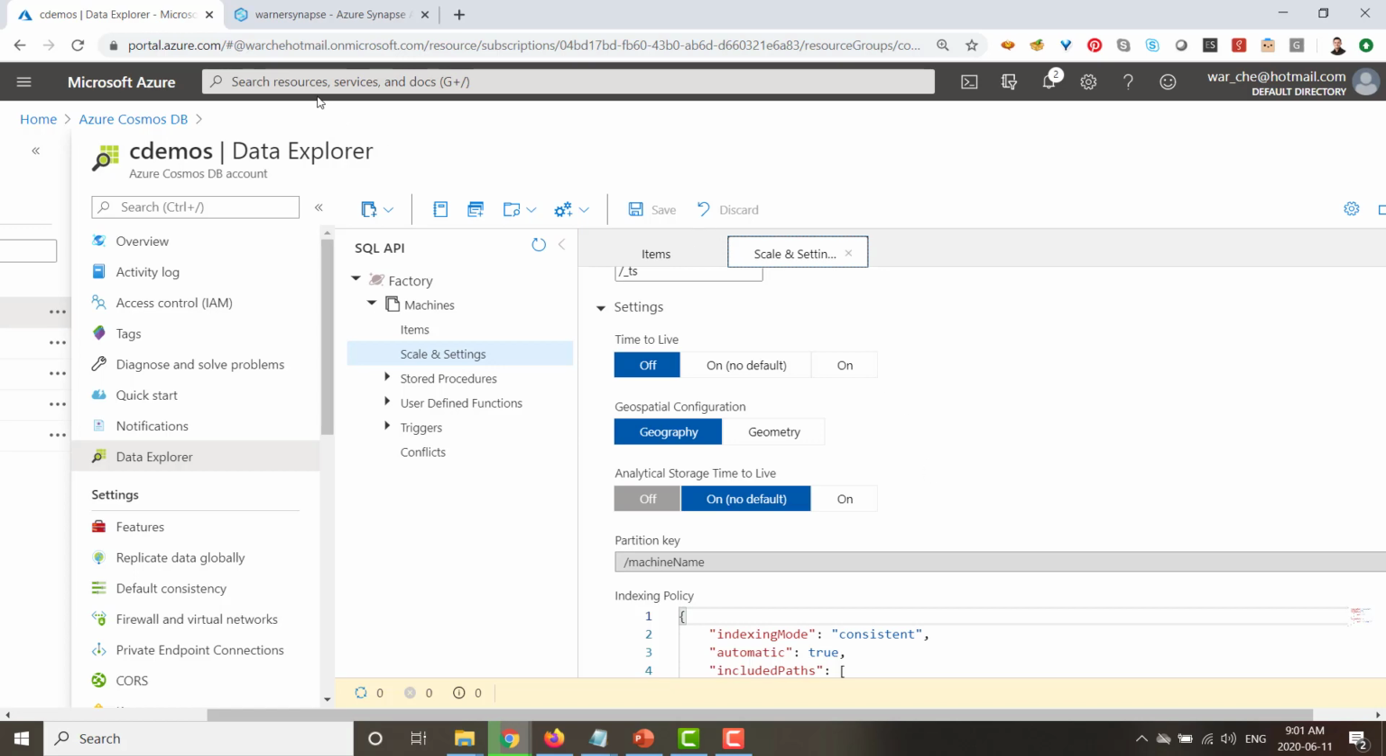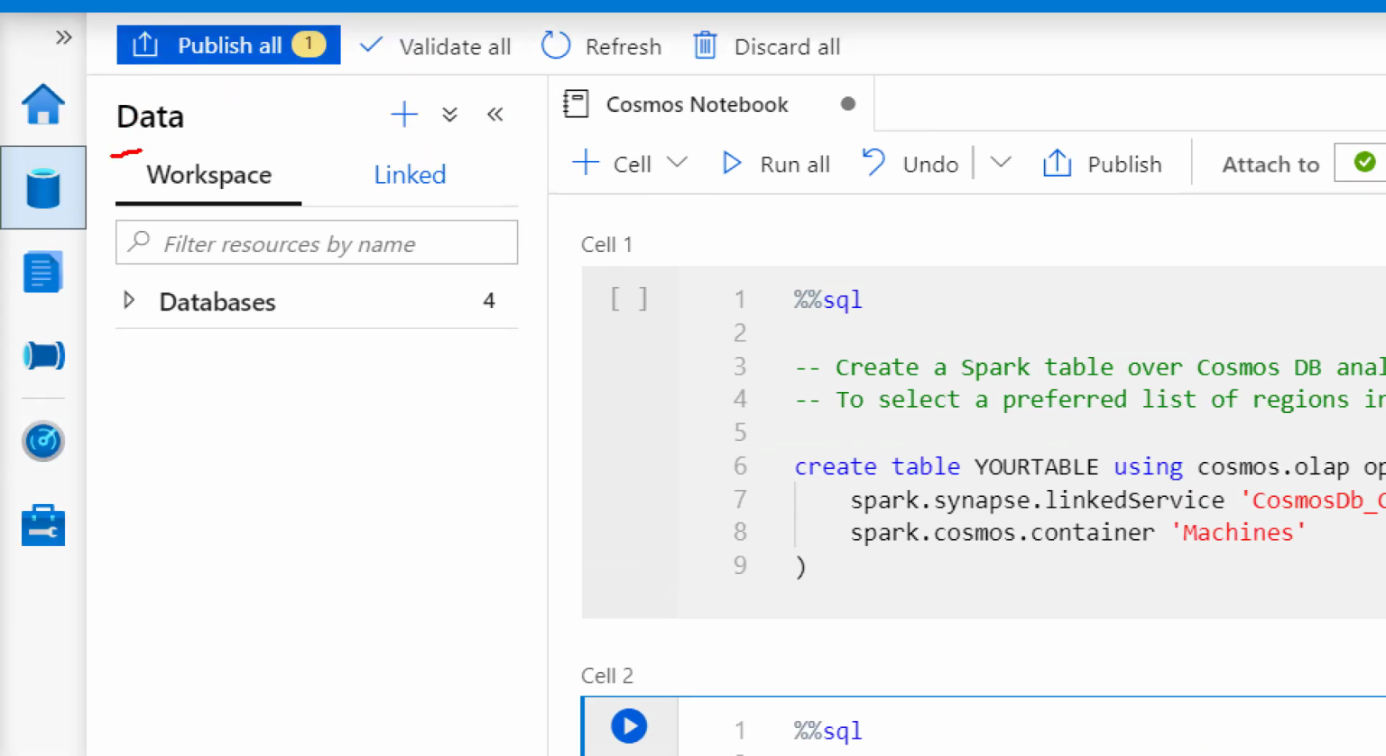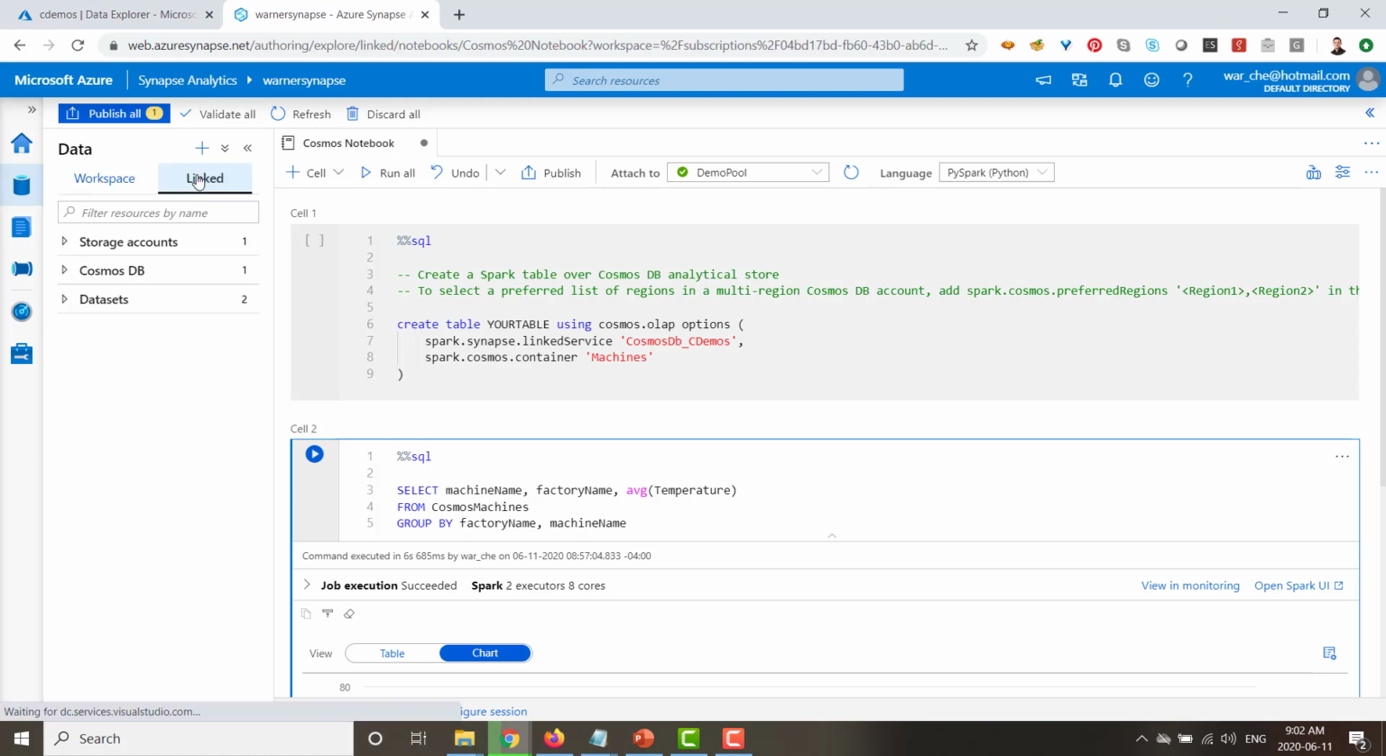So let's move over to the Synapse side. You'll see how simple this is. First, I want you to focus here on the data panel. There are two different types of data that you can get from Synapse. One is from the workspace, the other one is linked. These are external services that you can access on your Synapse workspace. So Cosmos will be a linked service. So you can see here,